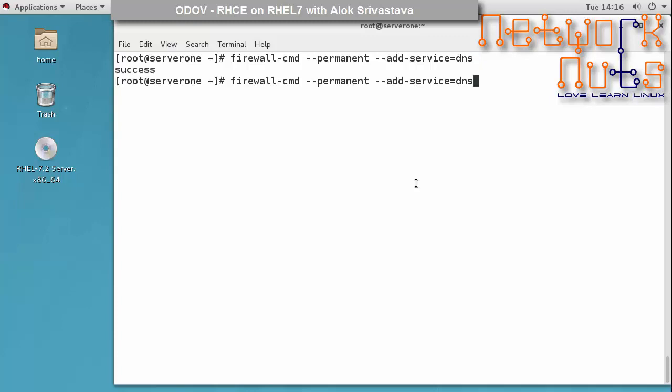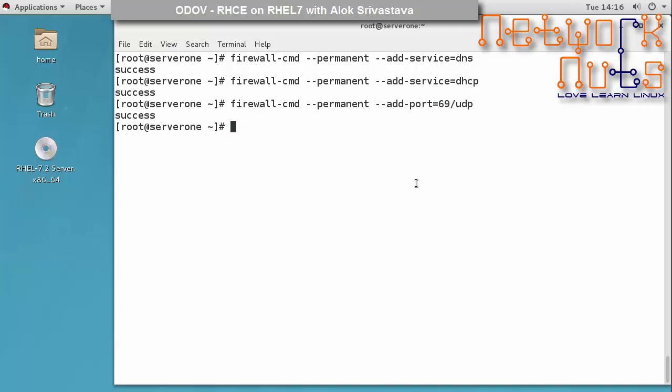Though the DNS is not there, in case you have got the DNS running, DHCP needs to be given. For TFTP you need to write port number 69 of the UDP. So I have to use add-port. And then you have to add for the DHCP proxy, though it is not required, but we can use it. Add